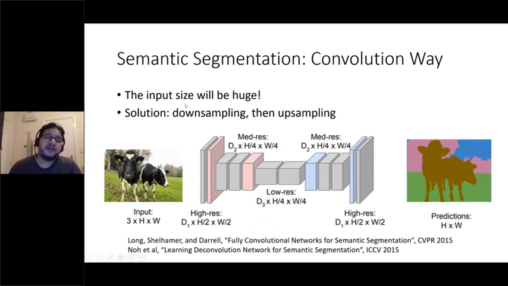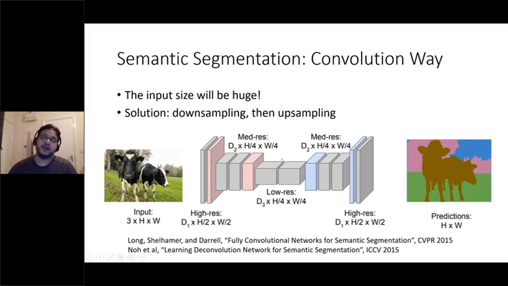So one of the problems is that if we do this kind of neural net layers that have the same size without max pooling, because max pooling would reduce the dimension and we lose the positions, the input size will be huge, and the number of weights will be just insane. So we do the normal downsampling with max pooling here, and then we do the reverse. There is a process that is the reverse of max pooling. So we do like with the regular: convolutional layers, max pooling here, 3 convolutional layers, then max pooling here, and we go to something that is very small.